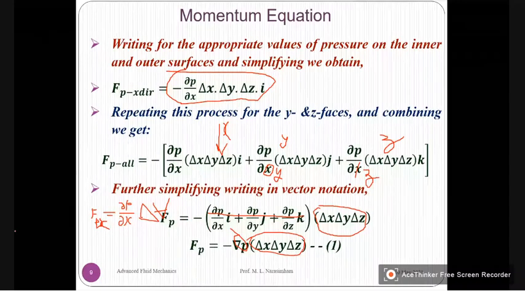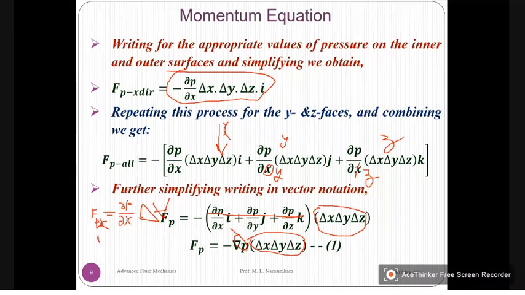So in y direction, force due to pressure in y direction is equal to, of course, minus is there, minus dou p by dou y into delta V, and in z direction,